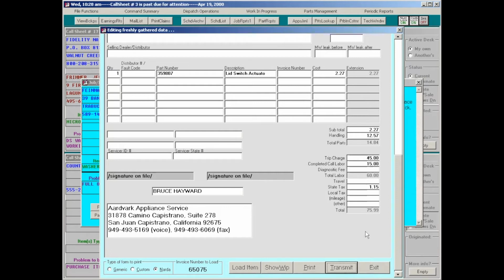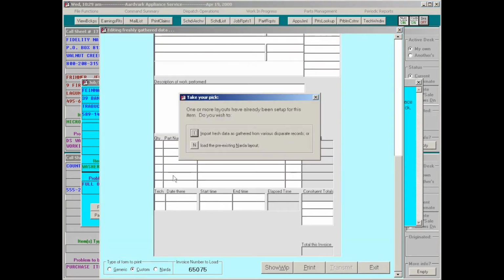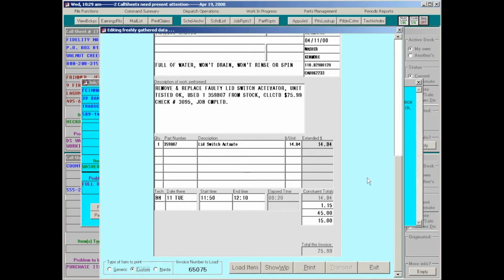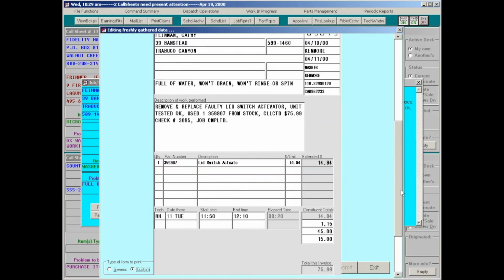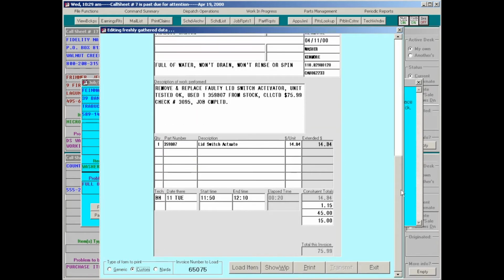Okay, so that's how you create your claims, and or your, say, finished counter documents or other things. Again, there's 3 different kinds of forms you can use, regardless of which form you use, it will fill in the form. This is a form that is designed to print in the format that you see in the back of the manual. We refer to it as a custom form because